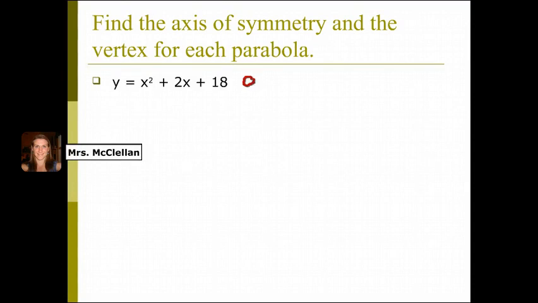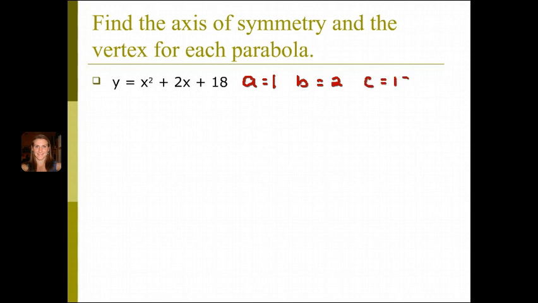Okay, so our a in this term is 1, our b is 2, and the c is 18. Again, we're saying that x equals negative b over 2a. So x equals negative 2 over 2 times 1. So x equals negative 2 over 2,